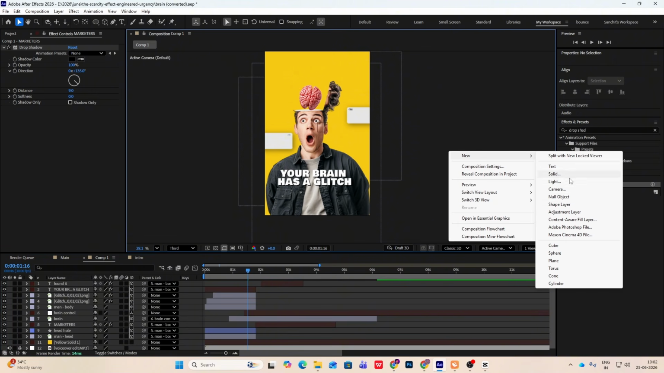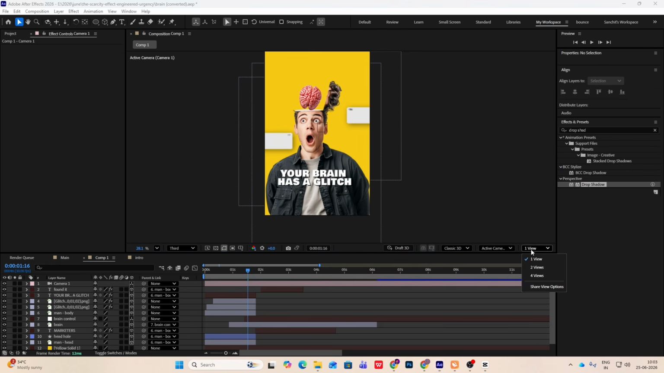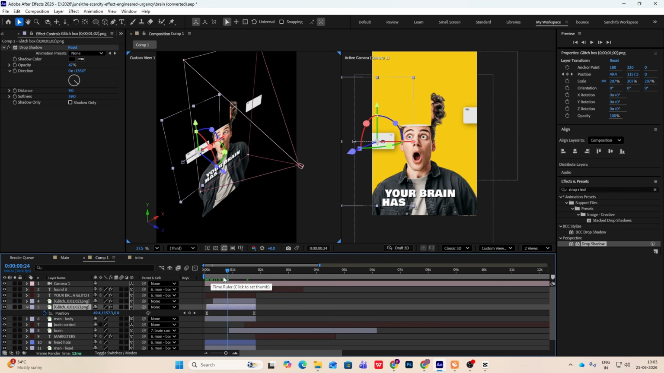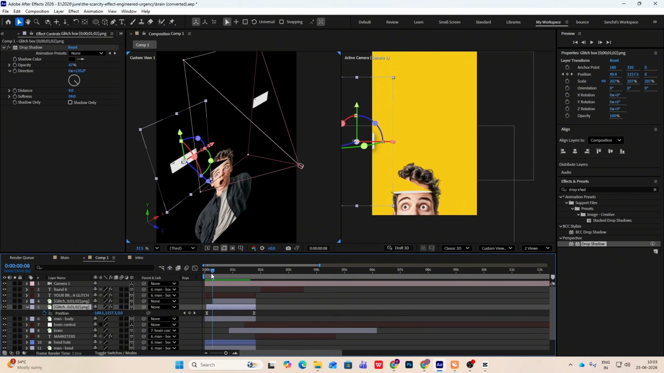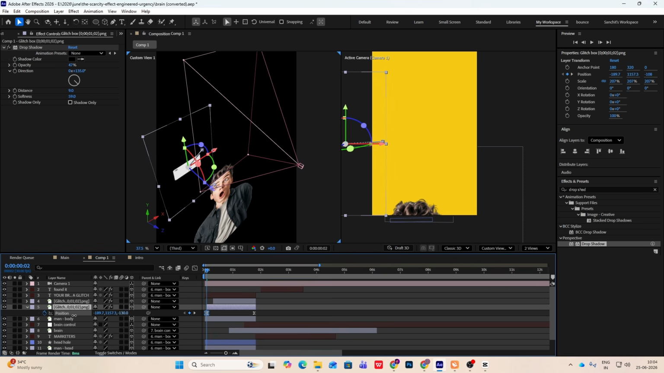Now what I'm going to do is basically make everything 3D except the background. Right click, new. Let's bring in a camera. Let's open two views. So in the second one, you can see the angle of how the assets are arranged. And now I'll change the positions of the glitch boxes. So we are going to change the Z position of the glitch box. So I'll just go on here, drag it towards the camera more, copy this